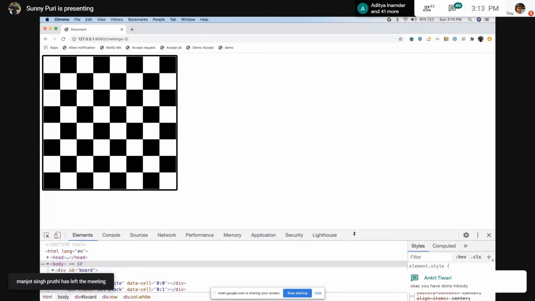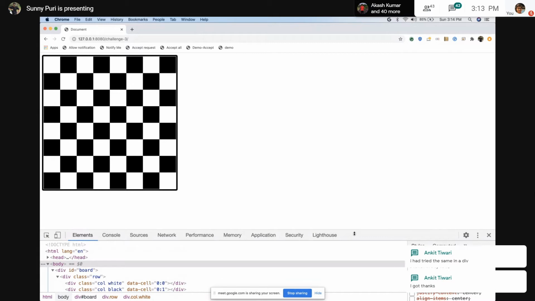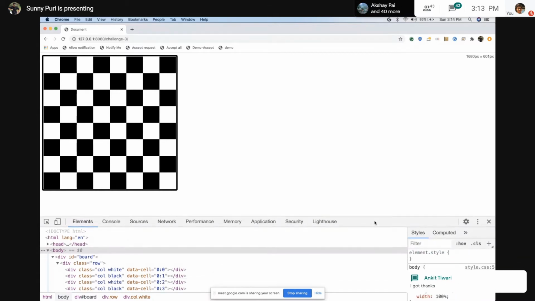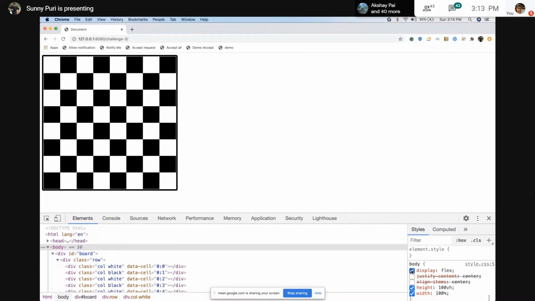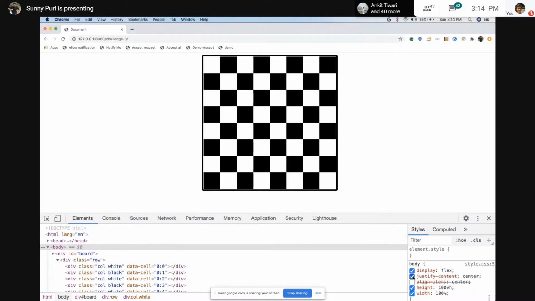If you don't have any CSS, it will automatically come at the top position, left 0, top 0, starting from the entry point. So I attached display flex, but display flex itself is not going to help. We attached justify-content center, which brings it to the center horizontally. If you remember, in the older CSS, we also have align center.